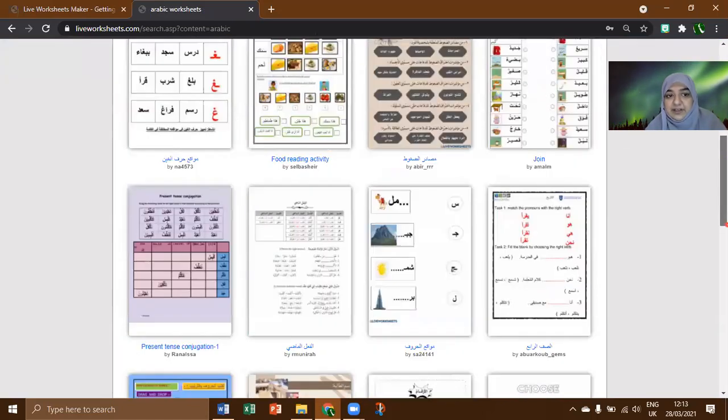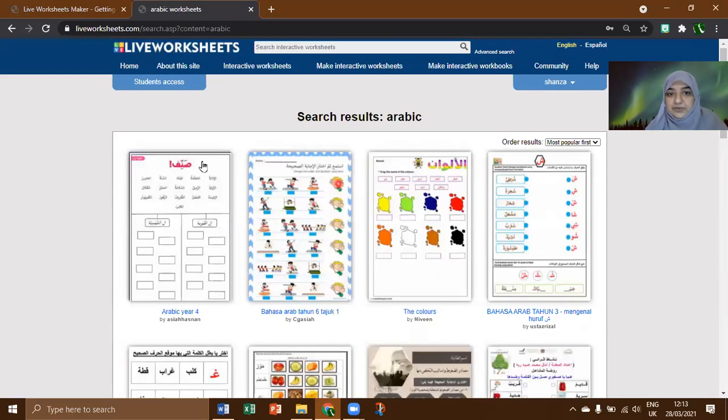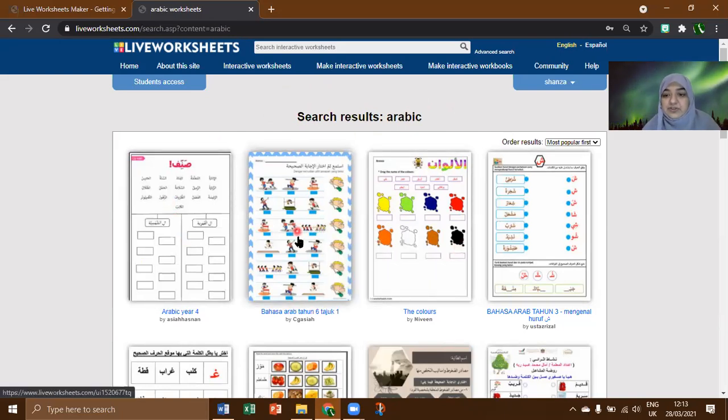You can click on any one of the worksheets and assign it directly to the Google Classroom. Similarly, English and maths and Urdu, there are a lot of worksheets already available on the website. But still, if you want to create any other, it's good with the school monogram, you can create your own worksheet. But first of all, let me tell you how to select a worksheet and how to assign it in the GCR.